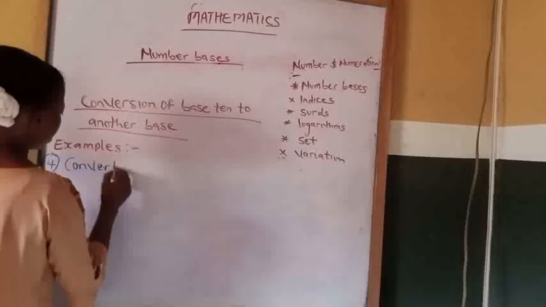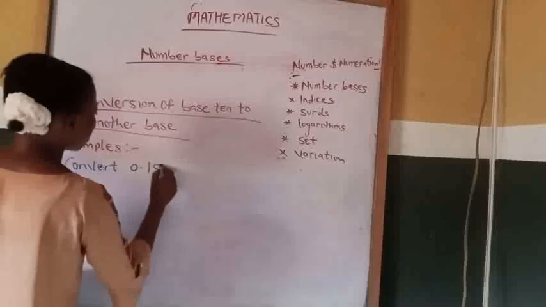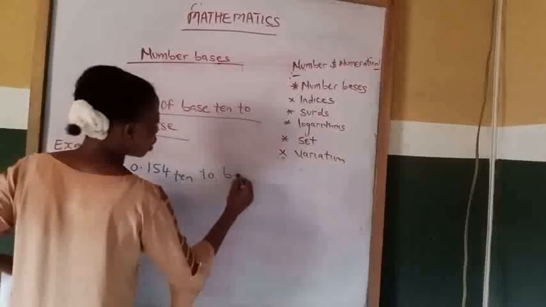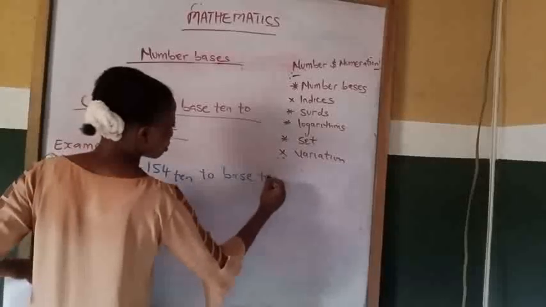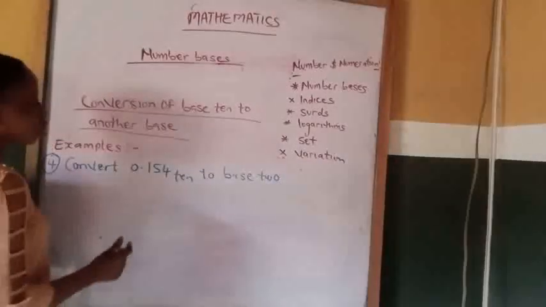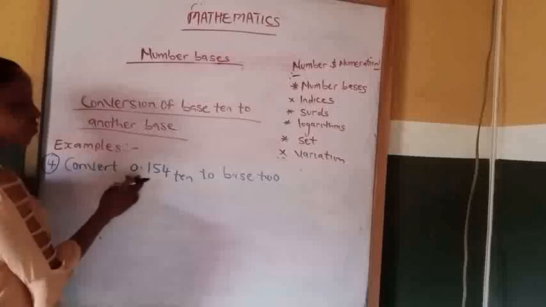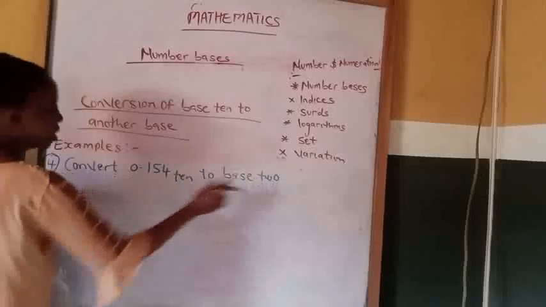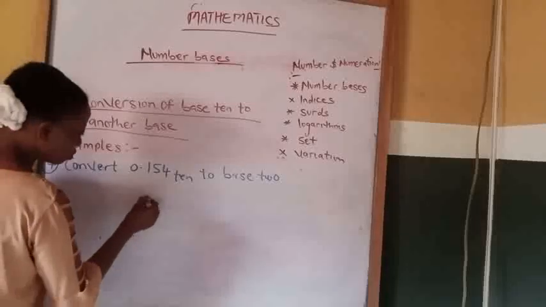Convert 0.154 base 10 to base 2. So when you have decimal numbers, you don't divide. So you multiply by the base. So that will be